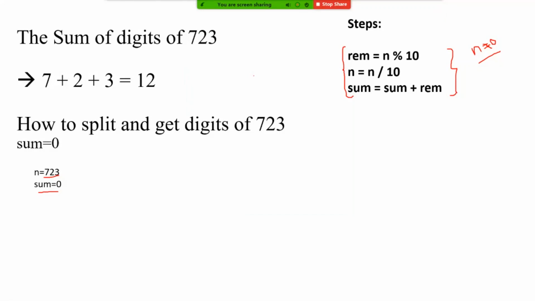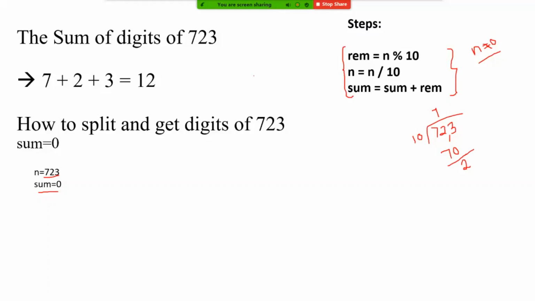You have to find the remainder. How to find the remainder of the number 723 when you divide it by 10? How many times will it go? Gautam Muniraj? How to divide 723 by 10? Gautam, are you there? 10 will go in 72, it will go 7 times. 7 tens are 70. No one is replying. Then when you subtract, you will get 2.